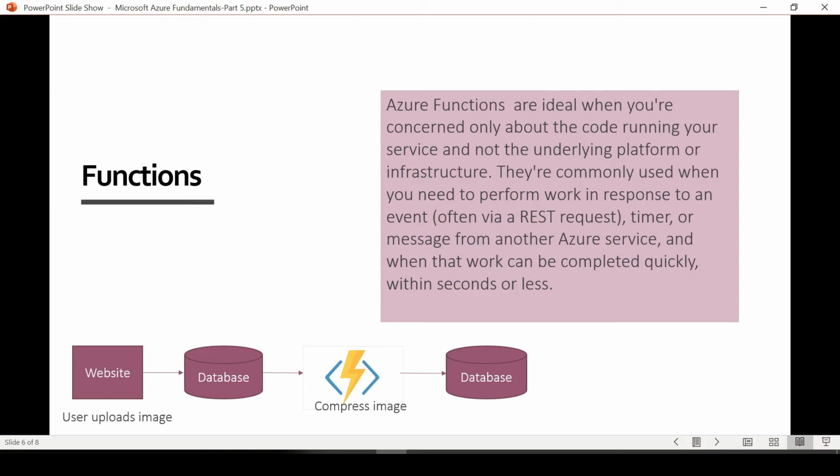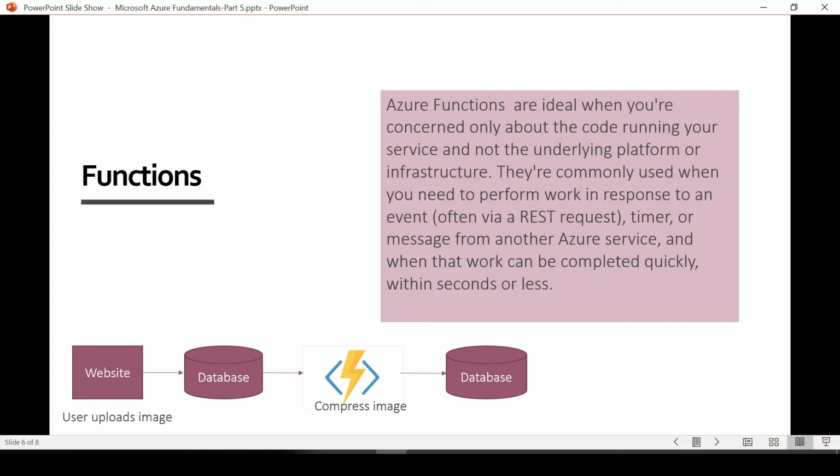If we want to send out an email, in that case also we can use functions. If we want to change the status of orders, in that scenario also we don't need the whole server. We can just upload our code in the function so that we don't have a dedicated server for it. So the billing will be less in that case. It's cost efficient. Basically we are not paying for the whole server, we are just paying for the time when my function is running. So that is the whole purpose of functions.